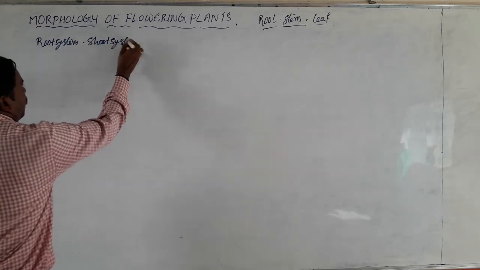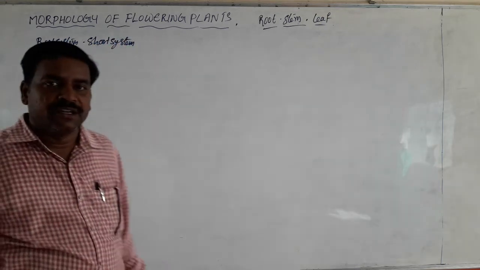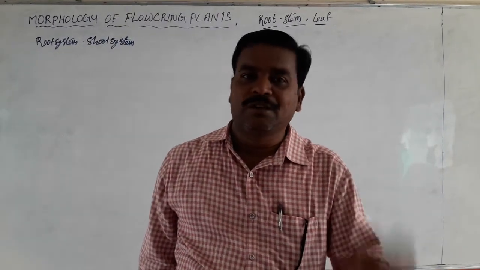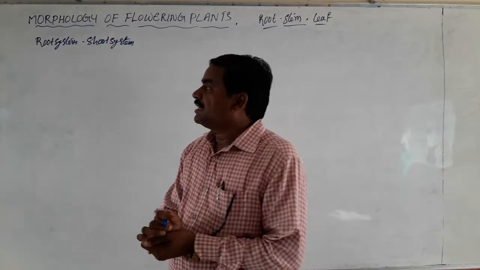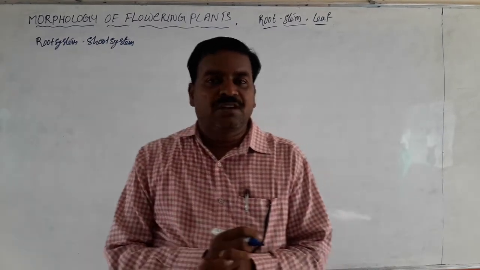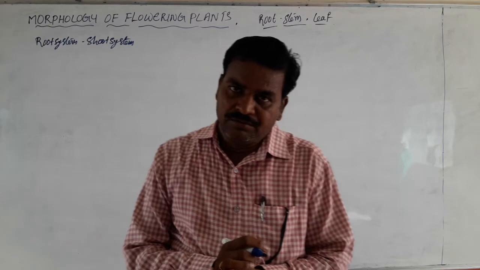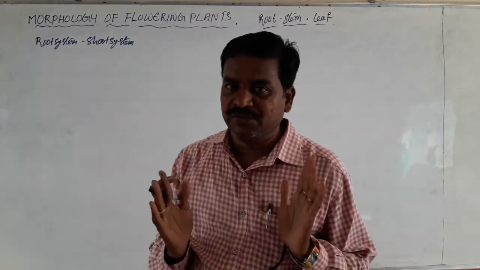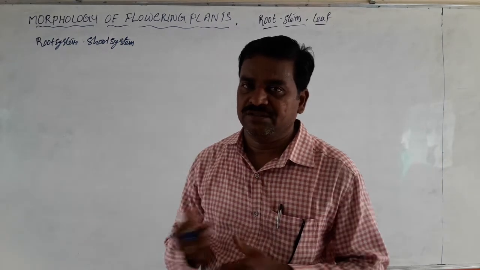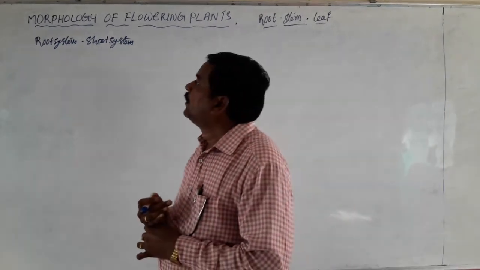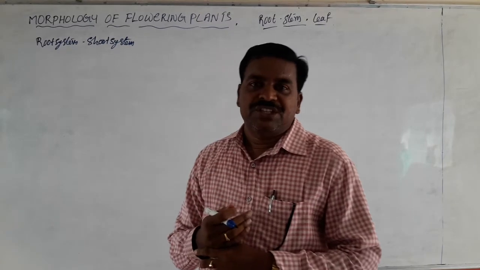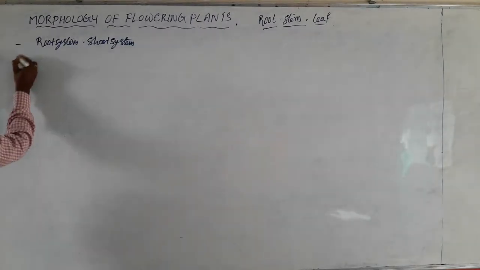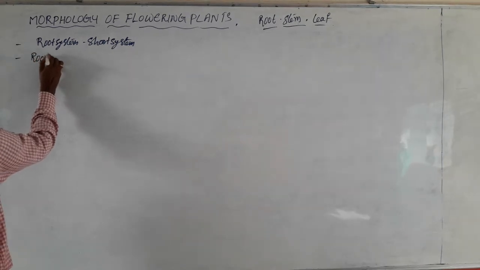Root system is usually found in the soil and grows in a positively geotropic manner, but a shoot is present outside the ground and grows in a positively phototropic manner. So the growth of root and shoot system is quite reverse. The main axis of the root system is called the root.